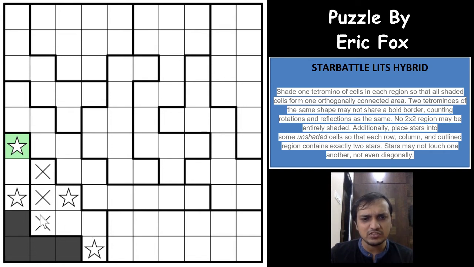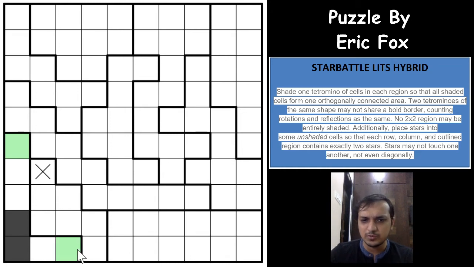There are exactly 5 cells, out of which 4 will be shaded, and there are 2 things that you contradict here. Either you form an L here which touches this L, or you form a 2 into 2 group of shaded cells. So both things are contradicting here, which means that this cannot be a tetromino cell. This will be unshaded, and which means this has to be shaded. And now as you can see here,